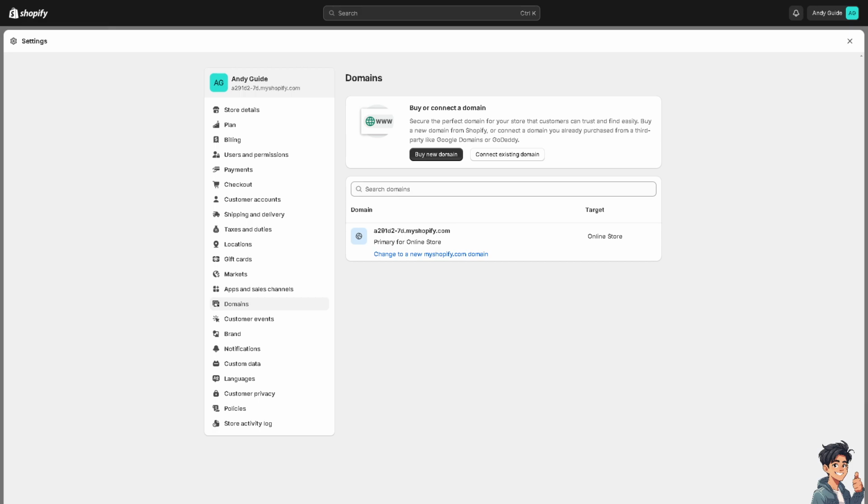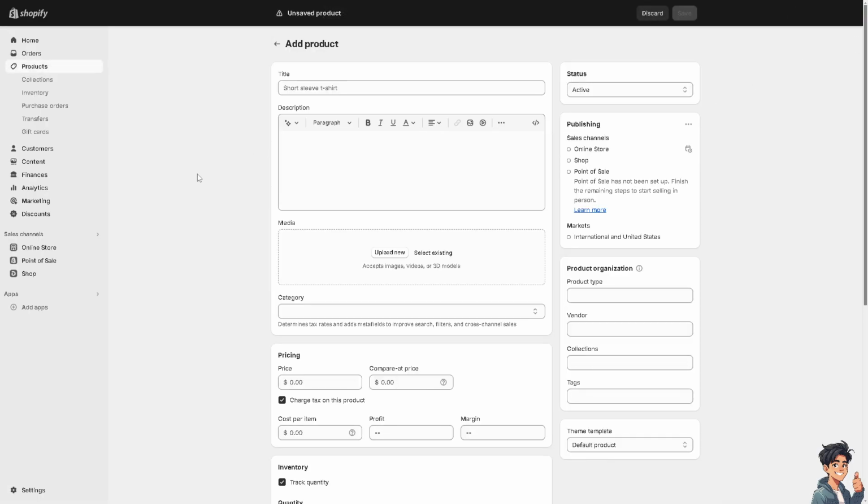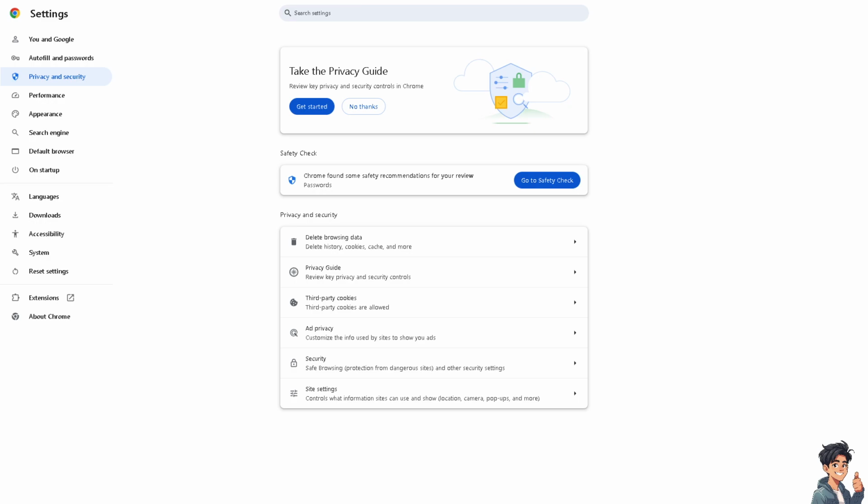But the most common problem that we encounter is about the cache and cookies of your specific web browser. Now, if you are using Google Chrome, all you're going to do is just clear the Shopify cache, because sometimes Shopify caches old domain information. And again, if you're using Google, just delete the cache and some browsing data like history and cookies. After that, try to restart your browser, log into your Shopify account, and you can also